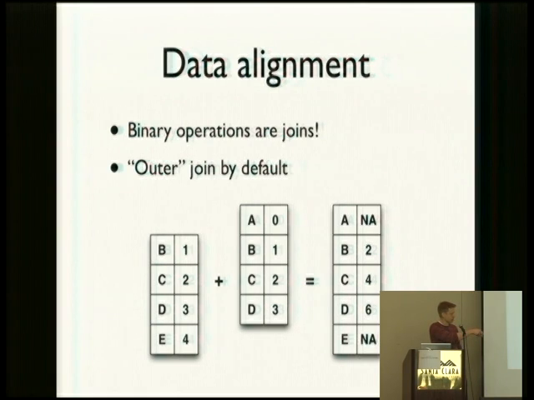When I do that, it actually does a join on the labels and inserts NA, the missing value, in the places where there wasn't a match. So here this one had A, this one didn't, so you get NA in the result. For E, you get an NA, but on the values where it matched, it lined up those values and added them together. And this is a feature that is not present in a lot of data analysis libraries, where